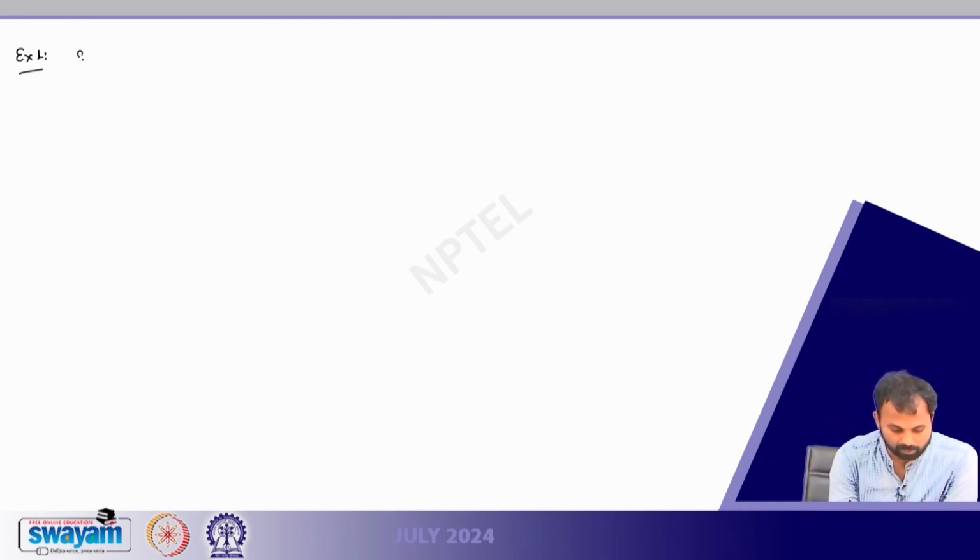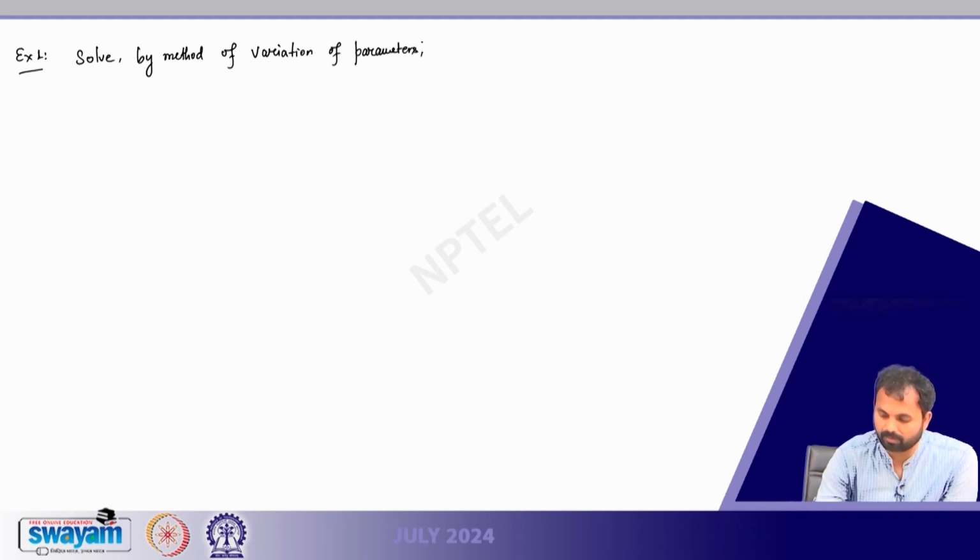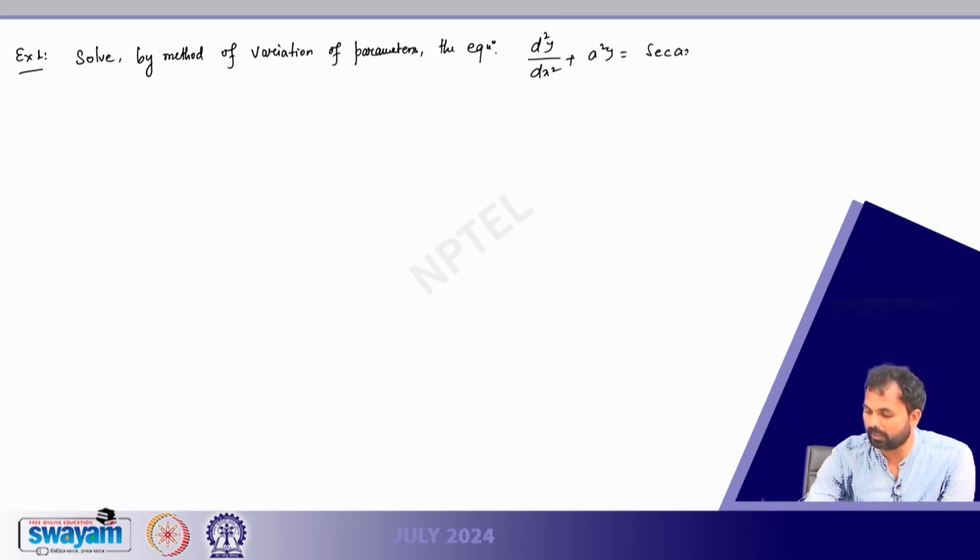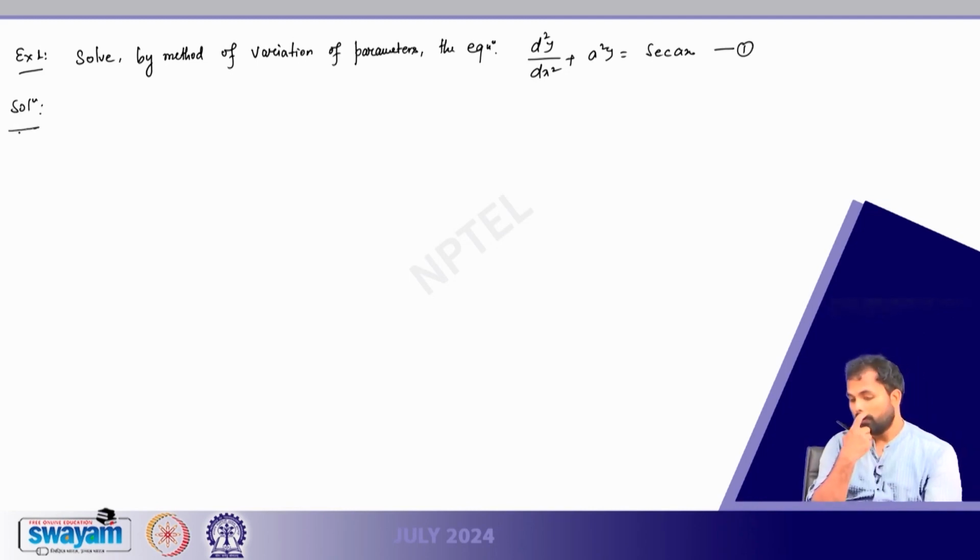Example 1. Solve by the method of variation of parameters the equation d square y by dx square plus a square y is equal to sec ax. This is equation number 1. Sec is 1 by cos. So here